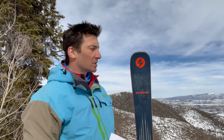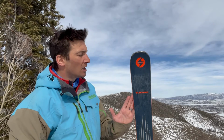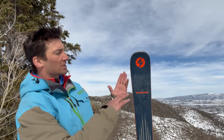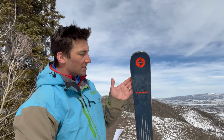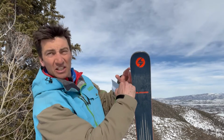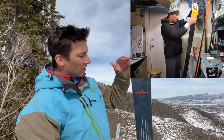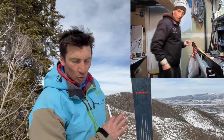There are 4 tasks when prepping a ski. The first is to tackle the base bevel. Now, all new skis, when they come off the assembly line, the wheel, as it cuts, lifts away as the tip goes by, and you don't get the same base bevel for about this much of the tip and about a little bit less on the tail of the ski as well. You want to tackle both of those. I spend more time base beveling the tip and the tail, and then basically my tool just rides along the